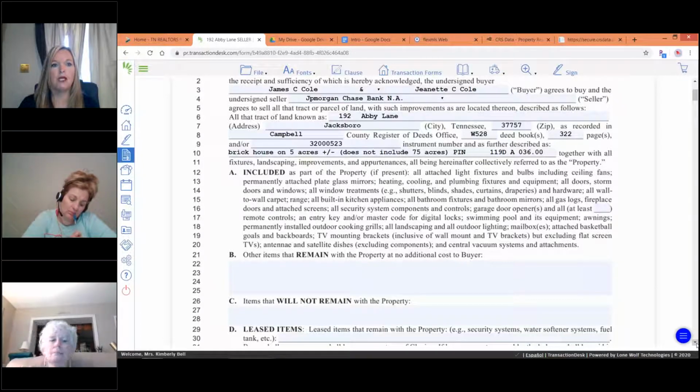Permanently attached plate glass mirrors. So not the frames. That's interesting. We'll read on to see what happens. Heating, cooling, plumbing fixtures and equipment, all doors, storm doors and windows, all window treatments, shutters, blinds, shades, curtains, and draperies, and all hardware. So if you have curtains hung in your living room